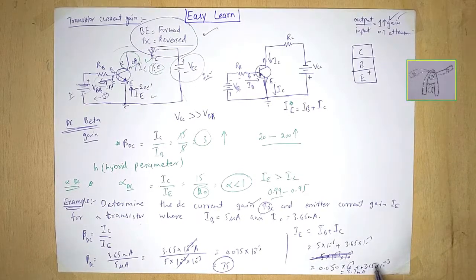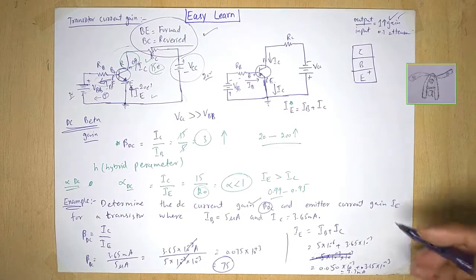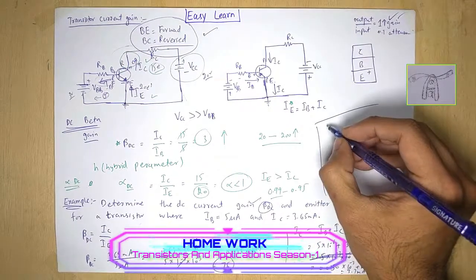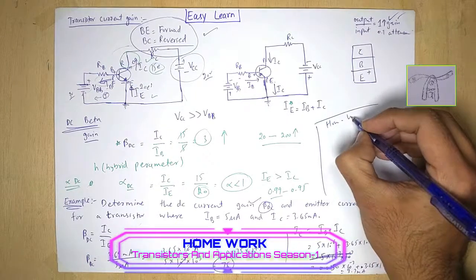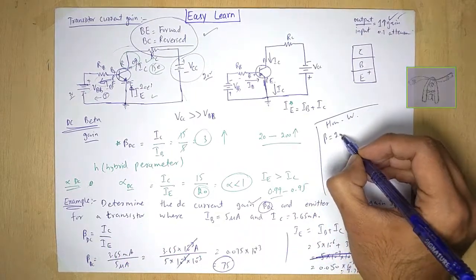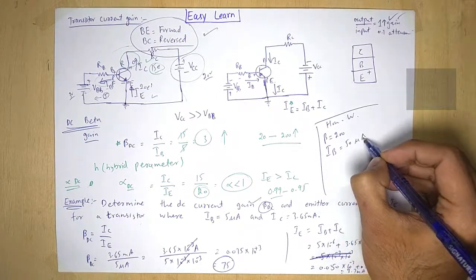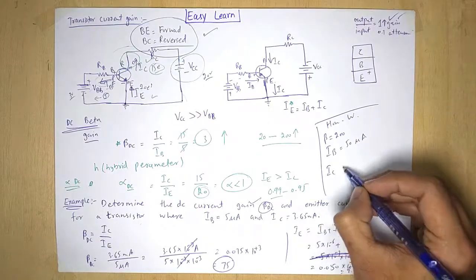You can perform these calculations by calculator, but don't forget the conversions. These are very important. If you have any confusion, mathematics lectures are also available on our platform. At the end, I'm giving you the homework task: if the beta DC is 200 and IB is 50 microampere, you can calculate IC and